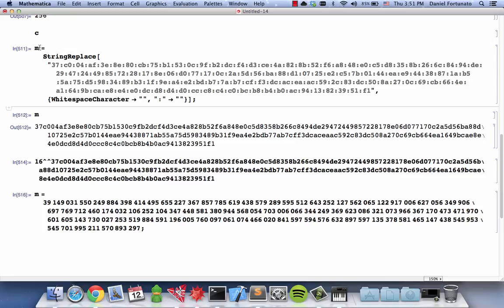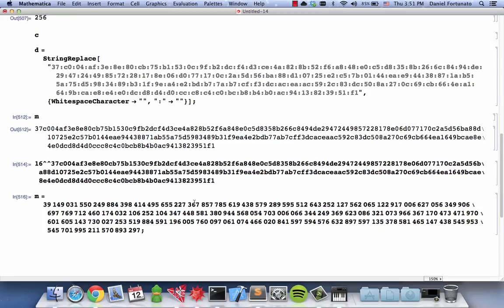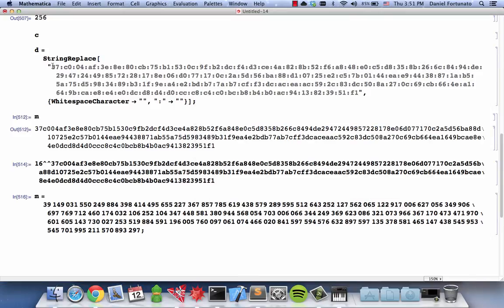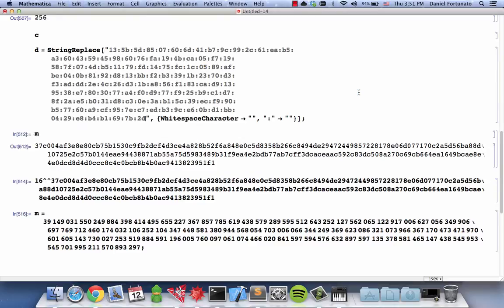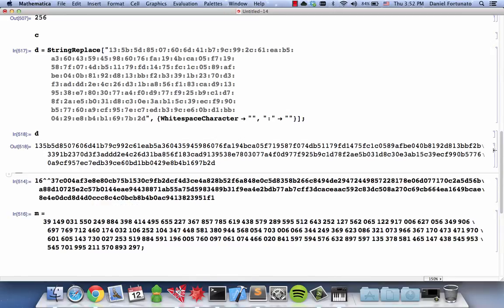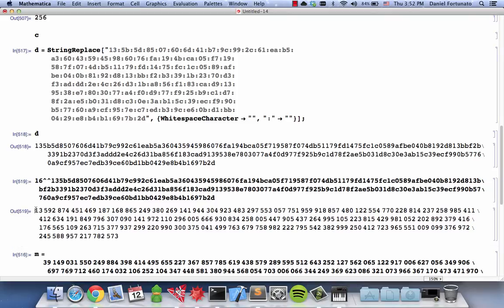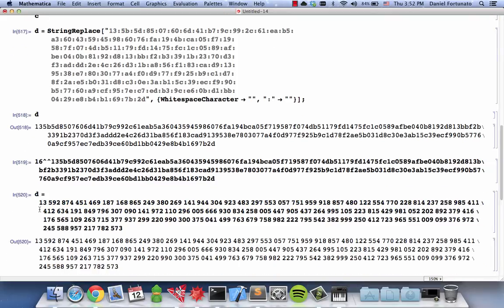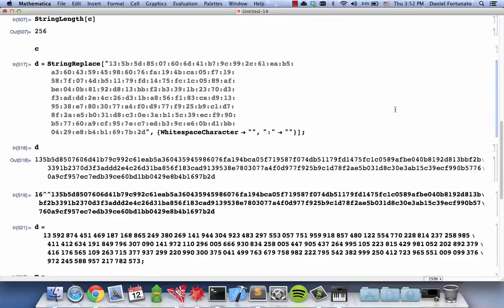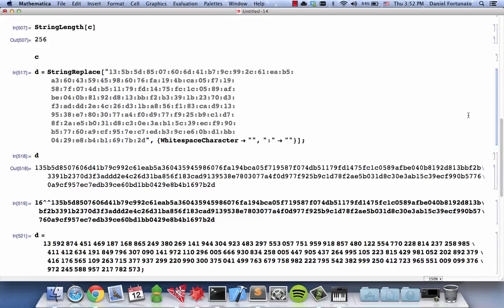And now let's just do the same thing with D, which is our private exponent. So let's take that string, do the same thing, paste it in. What does D look like? It's that. Copy the plain text, convert that from hex to decimal. So now D is that. Cool. So now we have the decimal version of our mod, the decimal version of our private exponent, and we